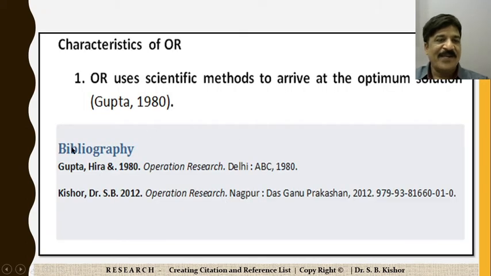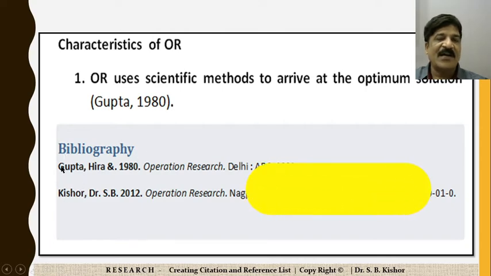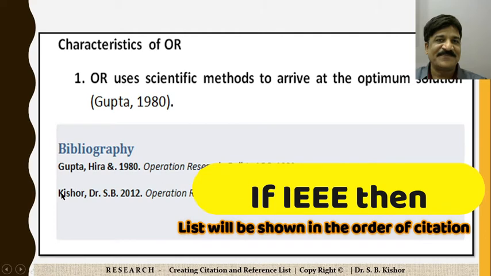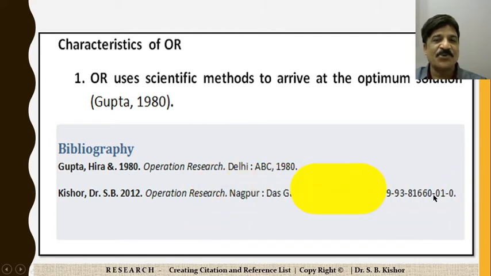Now you will get a list something like this. Assume that if you have clicked on Bibliography, you will get something like this. Observe that it is in alphabetical order and it is showing complete details about your source. I hope that so far you understood the point that we have discussed.